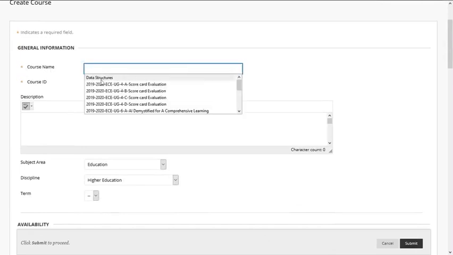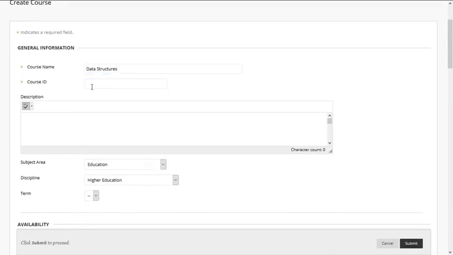So the course name is, let us say the course name is data structure, and the course ID is, say, it is IT department, third semester, A section. So data structure, we put DS. So what we have to note here is course name can be changed at any point of time, but course ID cannot be changed. So once the course ID is created, it cannot be changed. We can delete the course, of course we can delete the course, but we cannot change the course ID. But course name can be changed at any point of time. So let us click the submit button.